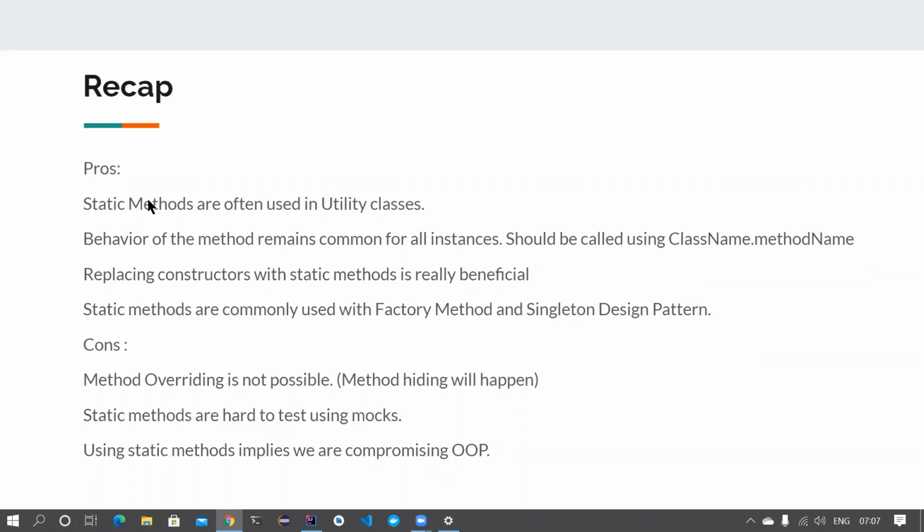Good. In the previous video we understood what a static method is in detail, but we'll have a quick recap today, and then we'll get on to today's session. So we have certain advantages when using static methods. Static methods are most commonly used in utility classes, and the behavior of these static methods remains common for all the instances. You can call them using class name dot method name, and